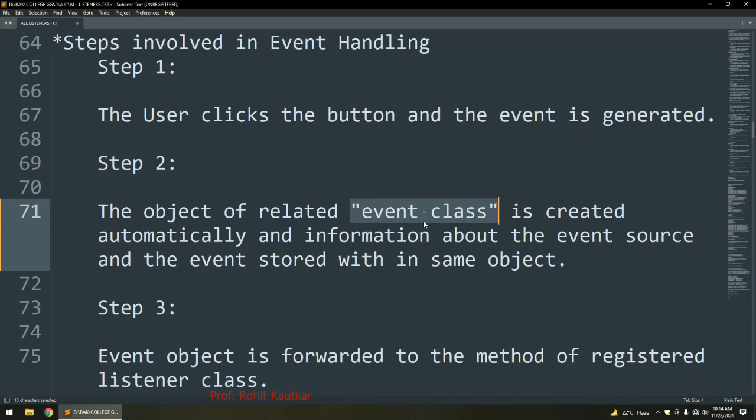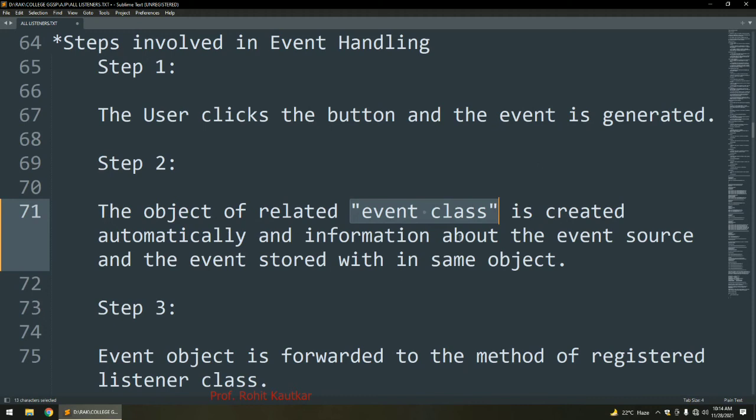The object of the ActionEvent class is created automatically, and the information about the event source and event is available within the object. It contains all the details regarding the event. This is step number 2.